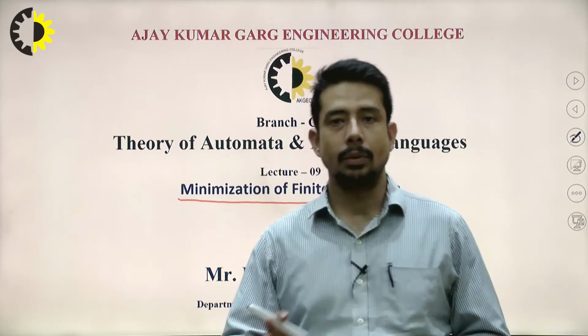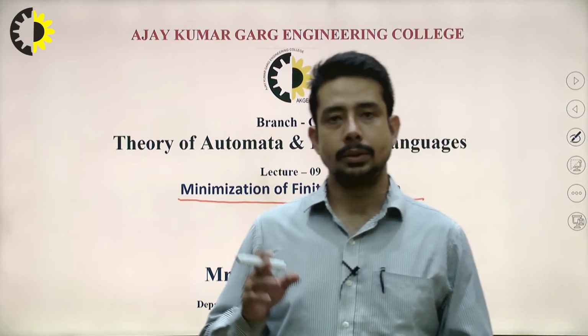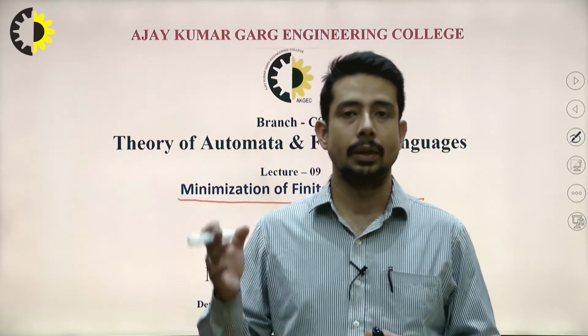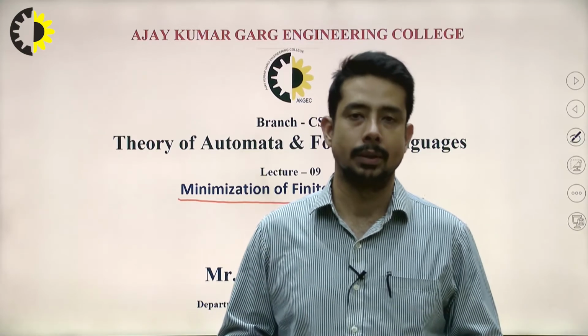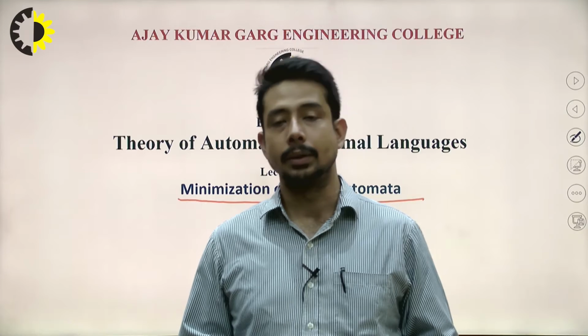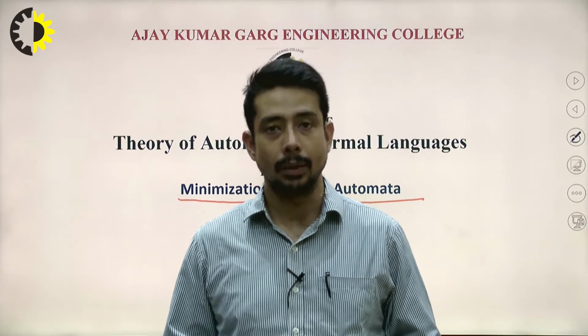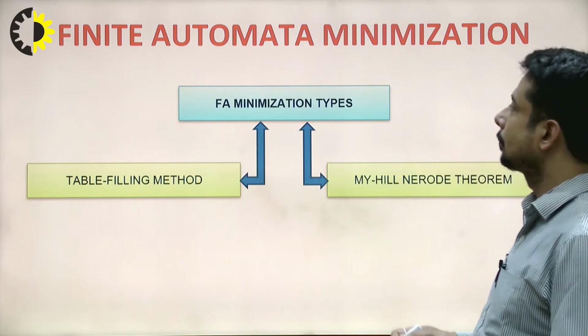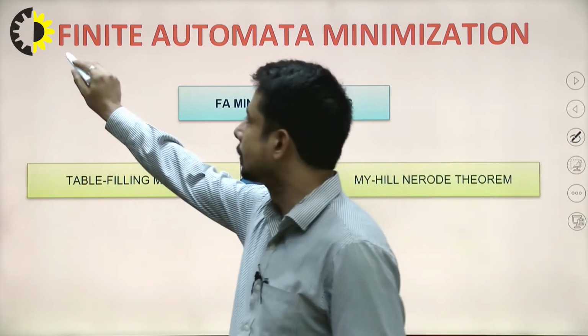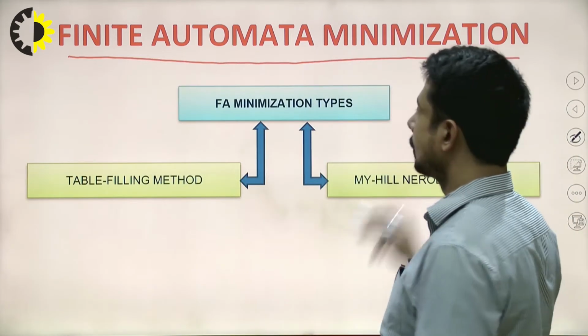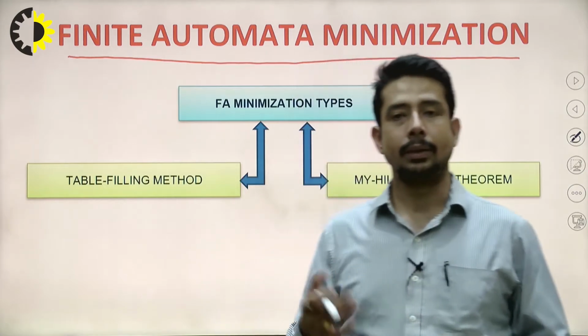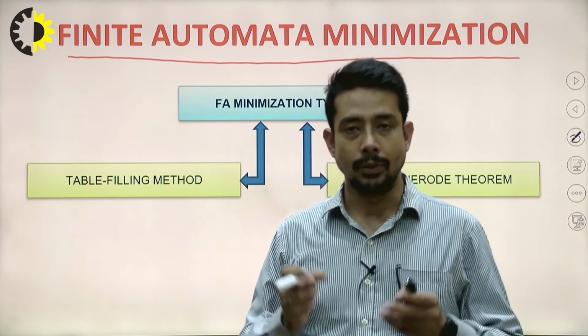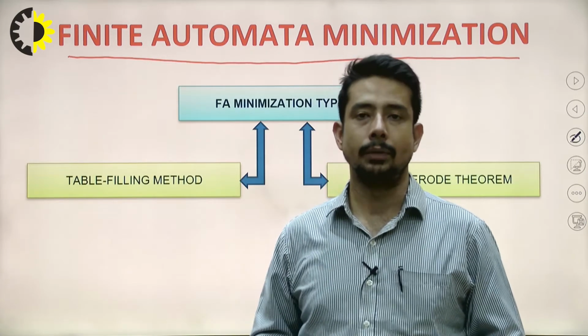If we talk about finite automata, it's not possible to minimize an NFA. Better we can convert the NFA to DFA, and then we can minimize this particular DFA. So let's check what the contents are in this particular topic. In the first slide, we come across the concept of finite automata minimization, and we will mention the important topics which are required to minimize a particular finite automata.